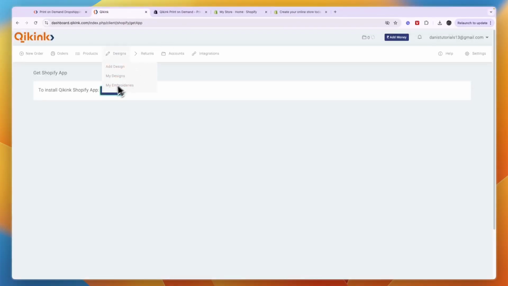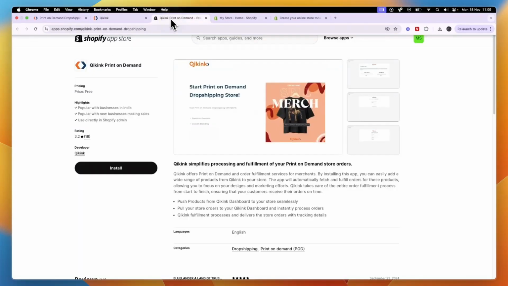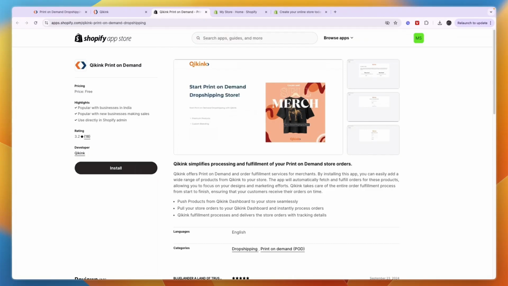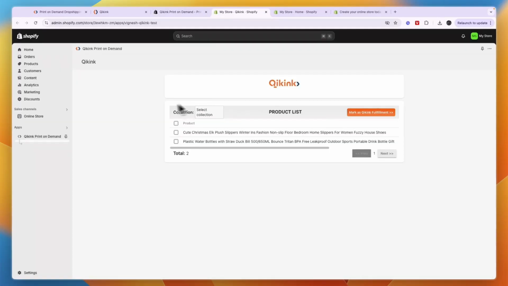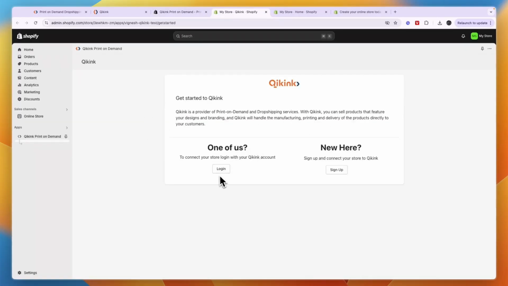So from there, then just click on the click here button, and then it should take you to the app. And if you have a tab open where you're already signed into Shopify, it will sign you in automatically, and you can just click install and then click on install again. So now I've connected it to my Shopify store, and now here you can get started by just signing into